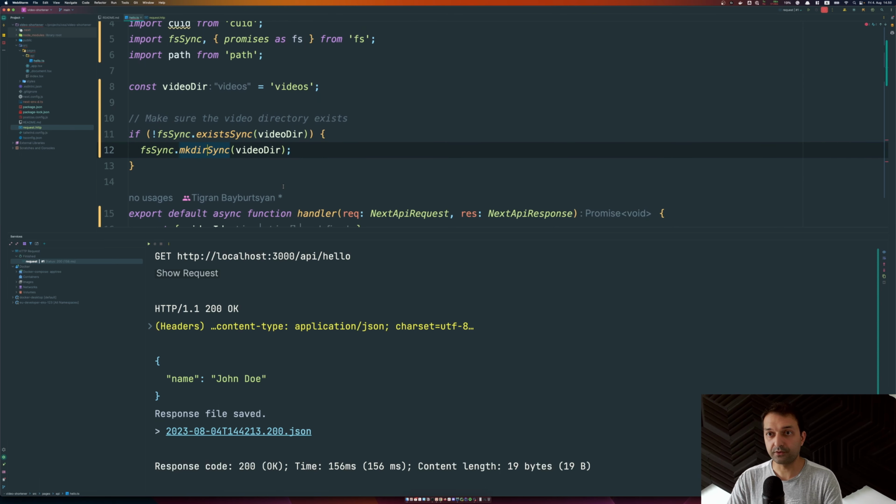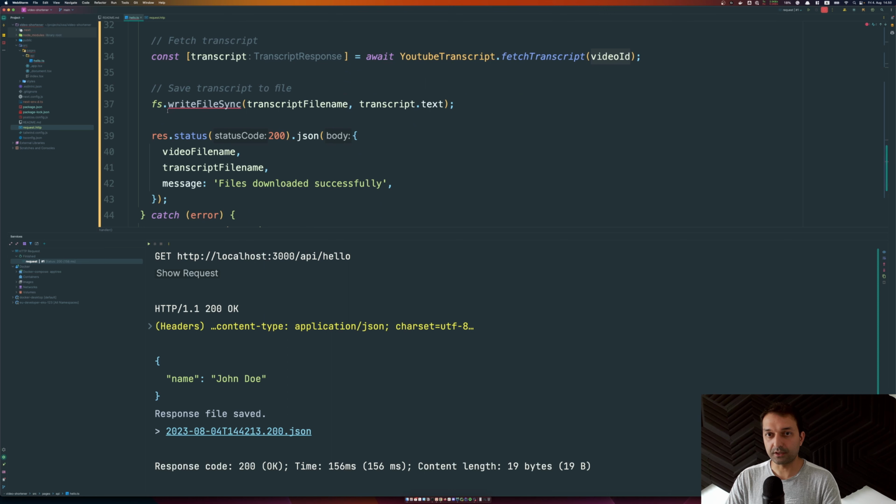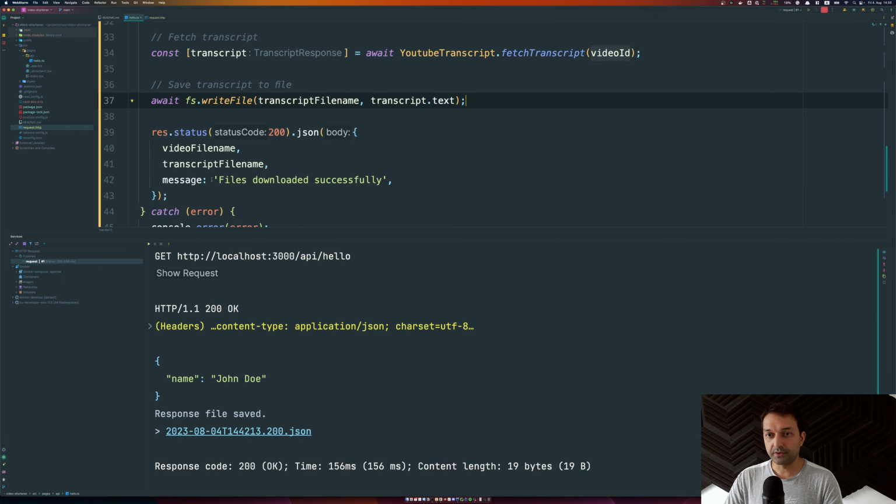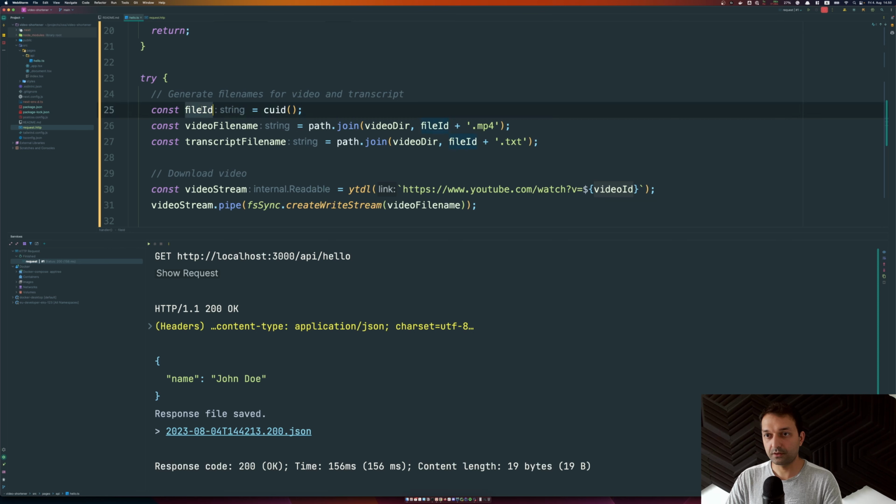And of course, creating a write stream is not available for promises. But here the part that we need is actually writeFile, which should be a promise, so as not to block the IO. And the response body is the file downloaded, and here's the file name. Another thing is that we have to actually keep the same CUID, which is going to be the file ID,